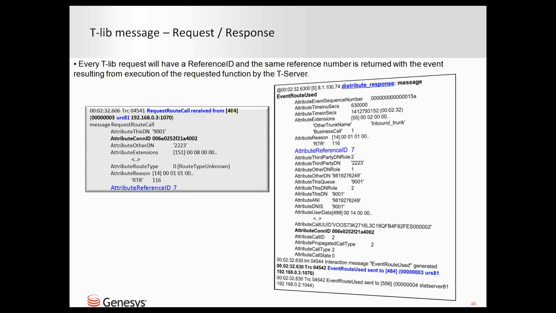Now if you see request route call received from, same thing. At this place, the main important point is every TLib request will have a reference ID, and when responding to the TLib client, SIP server or any T server is going to keep that reference ID in the response. You can clearly see here distributing response and message sent to the client as well as any other client. For example, stat server is another TLib client, and it is sent this message too, because it's subscribed to get events for this DN